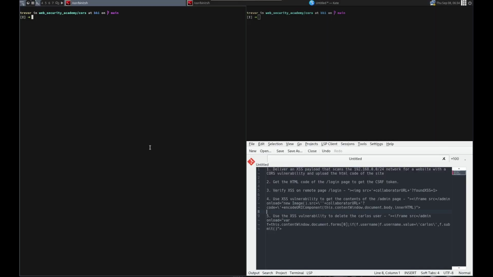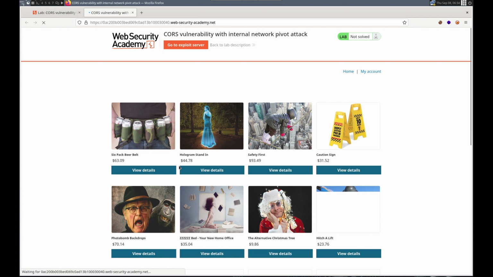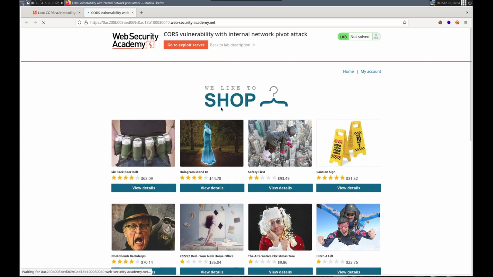I would appreciate it. Let's look at the steps that I wrote out. This is what we have to do. One thing to keep in mind is this website, we're not going to really attack it at all. The only thing we're going to use is the exploit server. So I guess they had to have something, but